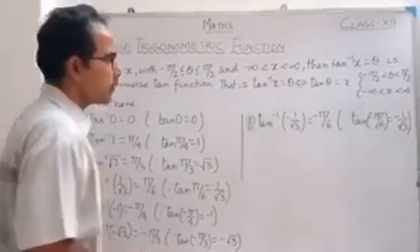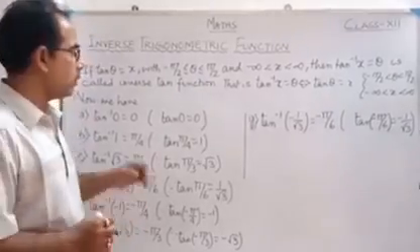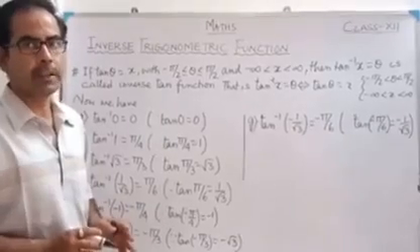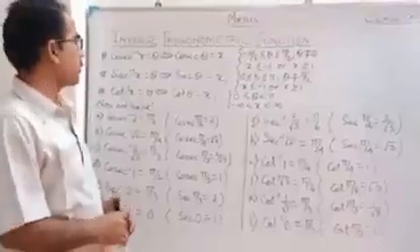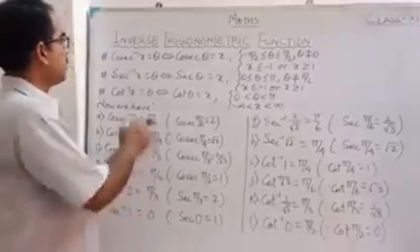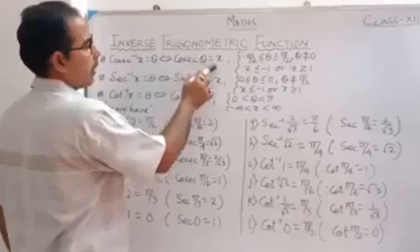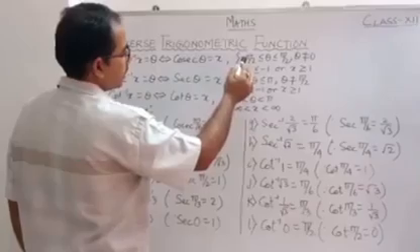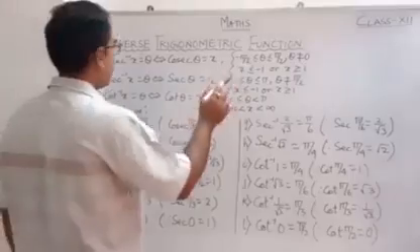Okay students, so we have discussed sine, cosine and tan. Correct? Now apart from sine, cosine and tan, some other formulas are there, that is cosec, sec and cot. Let us discuss those. Okay students, now look here, after sine, cosine and tan, cosec inverse x equals theta, which implies that cosec theta equals x. So this is the range and this is the domain, that is minus pi by 2 less than or equal to theta less than or equal to pi by 2. Correct? And theta not equal to 0.